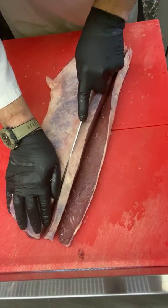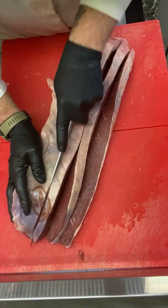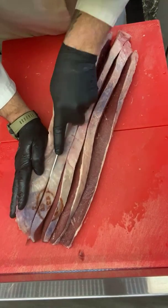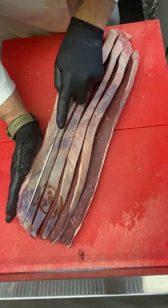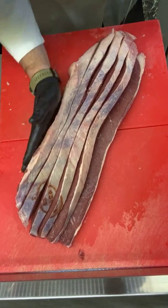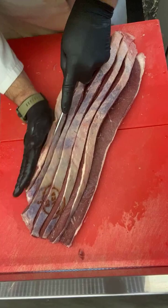Cut into your biltong, down and all the way. Try and use your shoulders, forearms, down and out. Obviously I'm pushing on the side here to stop it from tilting. See, that last piece is just a little too thick for my liking, so